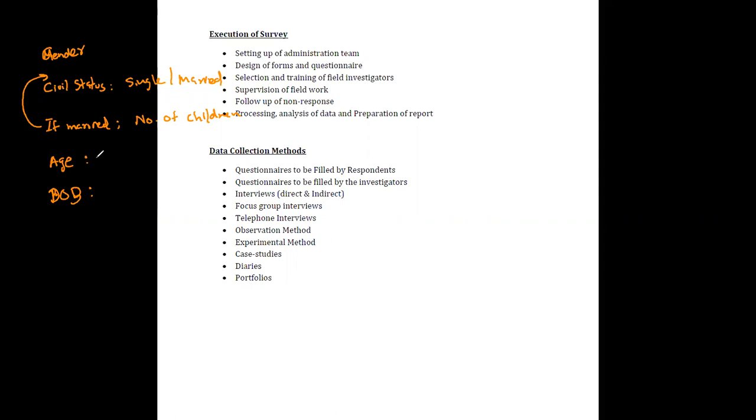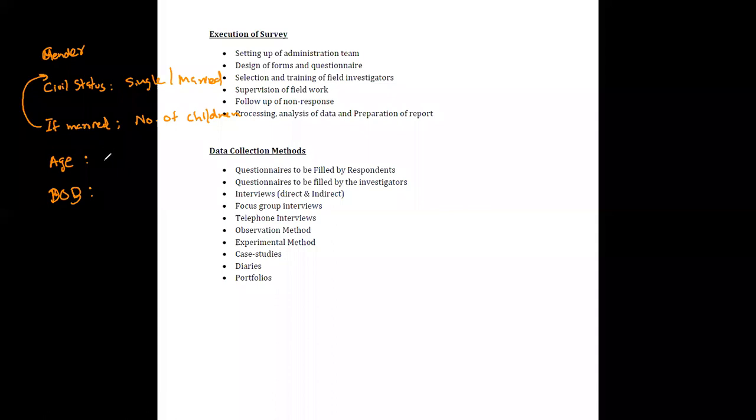Otherwise, suppose you have just obtained this data from a secondary source, then we do not know what date they collected this data. It may be a survey which runs throughout a period of 2 or 3 years. Therefore, in that situation, we may have somewhat wrong values for age.